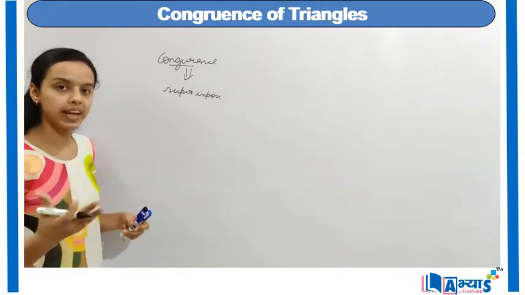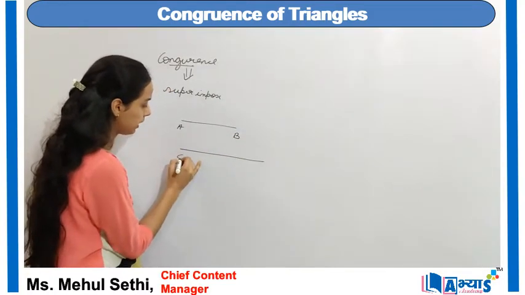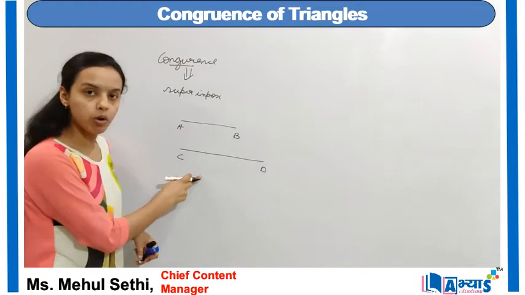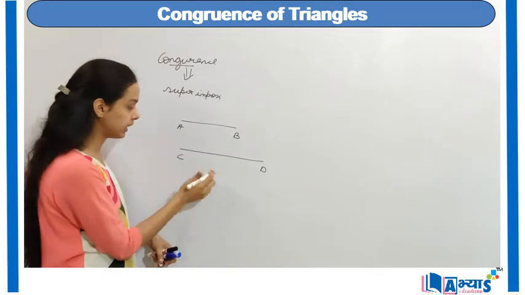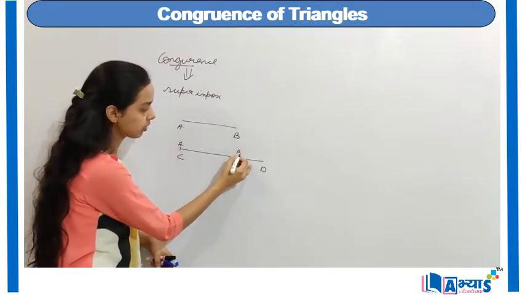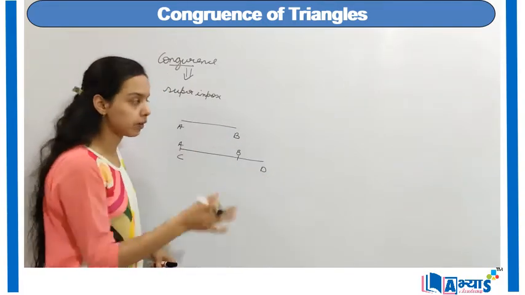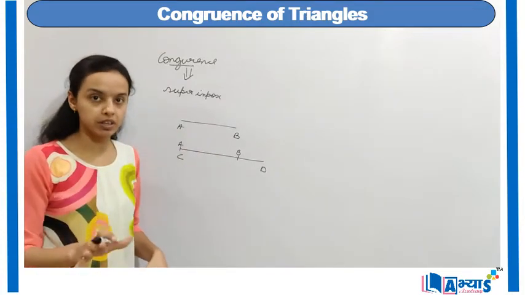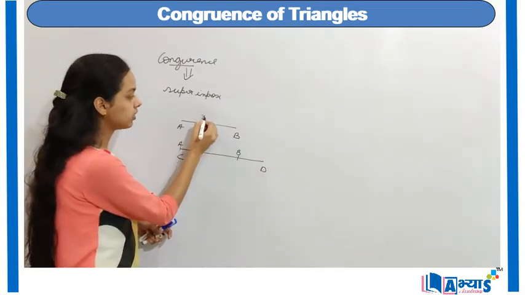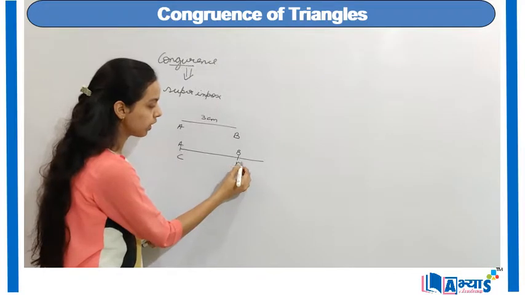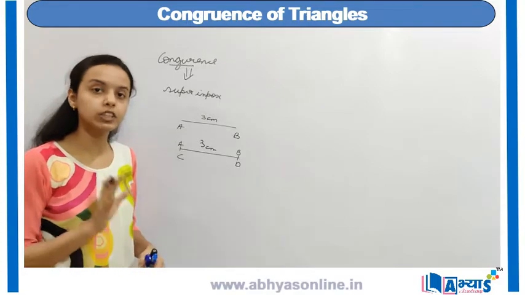If I take the case of a line segment, I have this line segment AB and one more line segment CD. When these two line segments superimpose on one another, if I superimpose AB on CD, it will become something like this. Now when AB has been superimposed on CD, you can see the extra part, that is BD. That means AB and CD are not congruent figures. A line segment is said to be congruent if it has an equal length. So if AB has length 3 centimeters and CD also has the length 3 centimeters, then they are said to be congruent line segments or congruent figures.